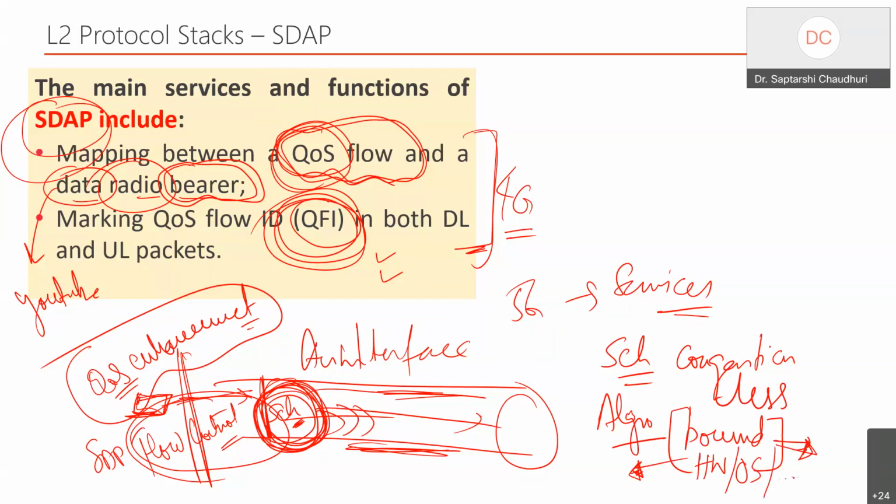A lot of things are there that the algorithm should be aware of, like which hardware I'm working on. These are all software engineering aspects that also get added to the algorithm, because if you just write the maths and put it in, it will just blow up and nothing will work. So these are the things that made us think of better congestion management: let's add this layer to lessen the scheduler's burden.